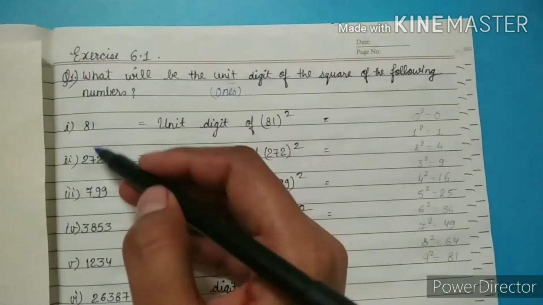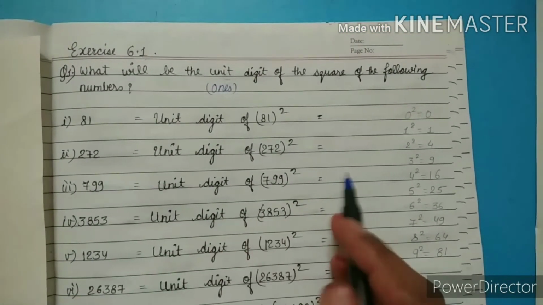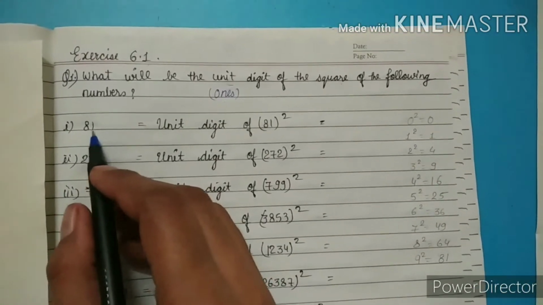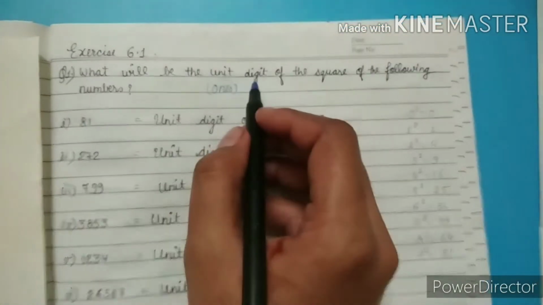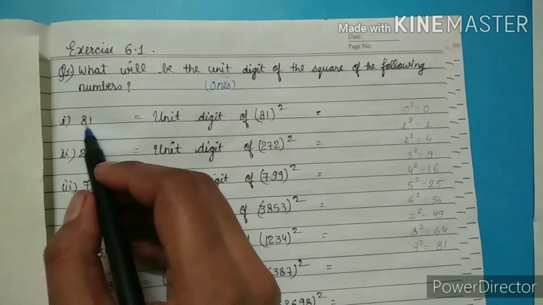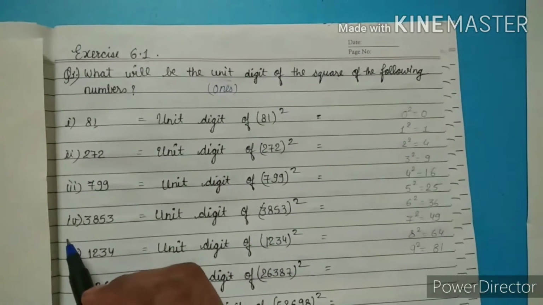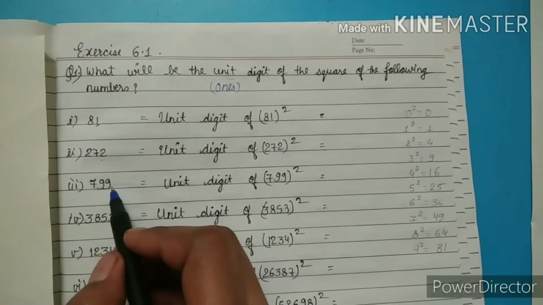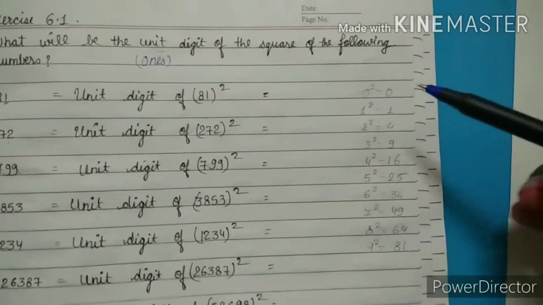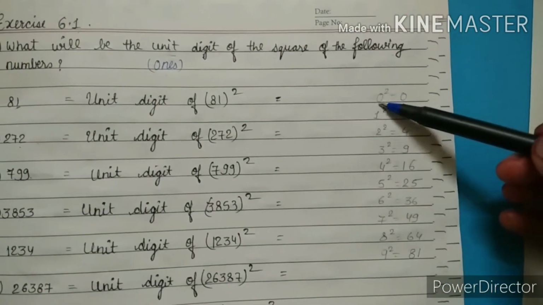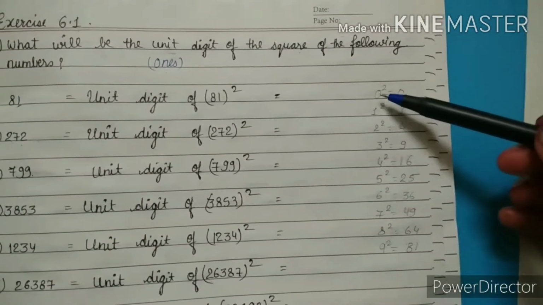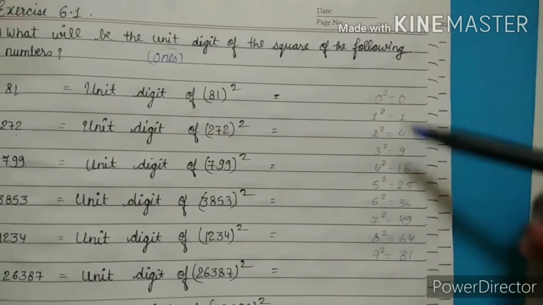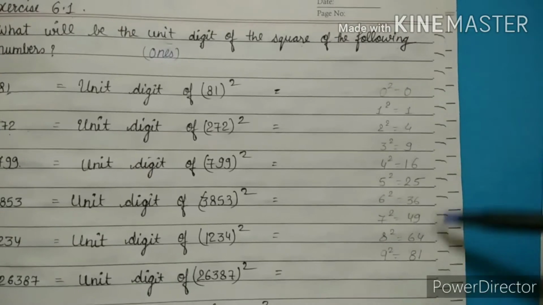When we take the square of the following numbers, what will be the unit digit of the square of the given number? It means we have to take the square of 81 and after that write only the ones digit. As you can see, 81 has a ones digit of 1. So regardless of doing the square of 81, 272, 799, we just go on the ones digit whose square we need. The square of 0 is 0, the square of 1 is 1, from 0 to 9, they all are ones digits and their squares are here.